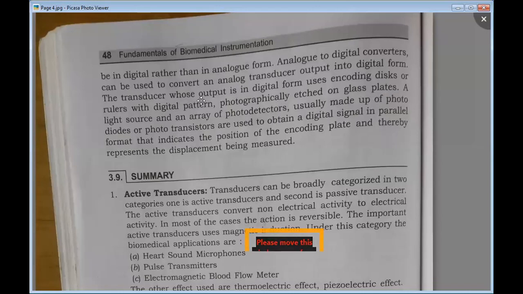Suppose a transducer whose output is in digital form uses encoding disks or rollers with a digital pattern photographically etched on glass plates. So you can identify digital form transducers. They will directly produce the output in digital form only. Okay, so that digital form of the signal will be encoded by using